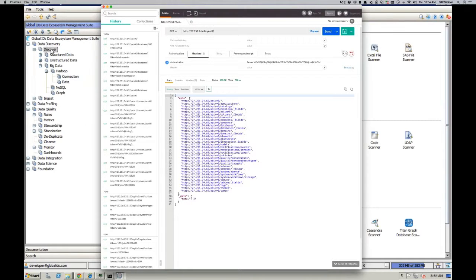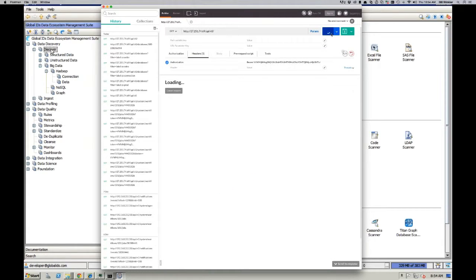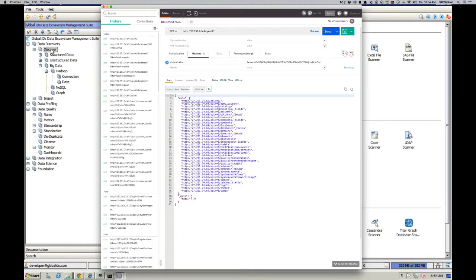Okay, sure. So what you're seeing on the screen is the tool Postman, which is a convenient tool for working with REST APIs and displaying their contents. I have a particular server, a parent server in this case, running on this IP address, and the endpoint api/v0 gives us this listing below. If I hit send again, it goes to the server, and this is essentially giving me all the different endpoints